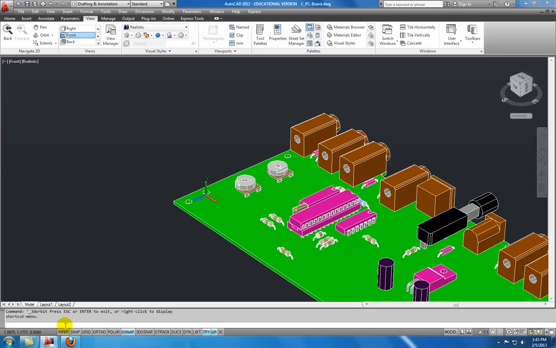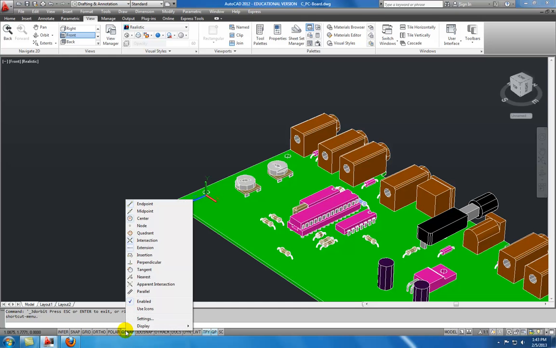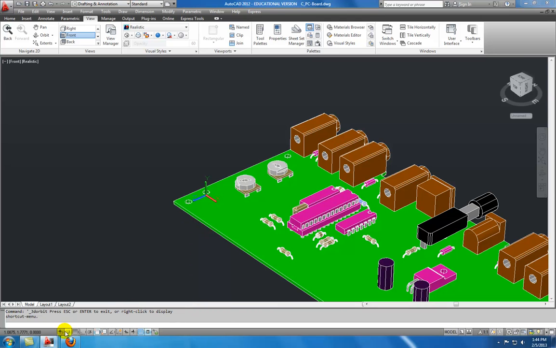Down here at the bottom of the screen, we have our status bar, and yours may look a little bit different. Okay, if I right click on one of these, I have use icons disabled. In other words, it's not checked. If I check it, this is usually the default, and we get these glyphs, and it's a little hard for me to explain how to use things by pictures, and so what I'd like you to do is to right click on that and uncheck use icons, and that way when we start working with these different modes,